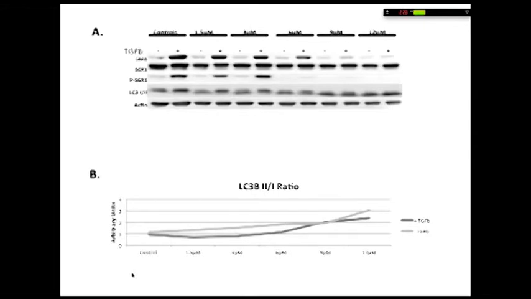In addition to that, this is some data illustrating that the Nelfinavir in similar doses is causing an increase in autophagy. And this was discussed yesterday in the context of other molecules. But what we're showing here is that this phosphorylation of this mediator of mTOR is being inhibited by the Nelfinavir simultaneously with the decrease in smooth muscle actin, as shown above. And that's just an LC3 ratio of 2 to 1, showing that at these levels, this is when you're overcoming and getting well above 1 in inducing autophagy by this drug.